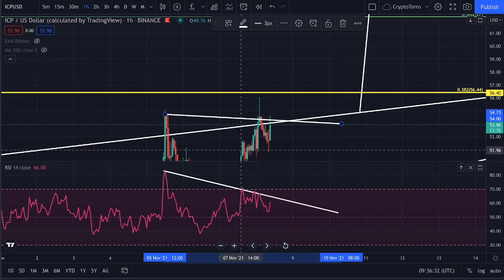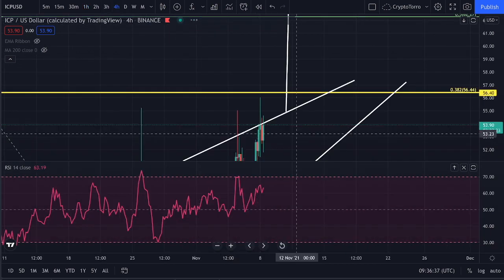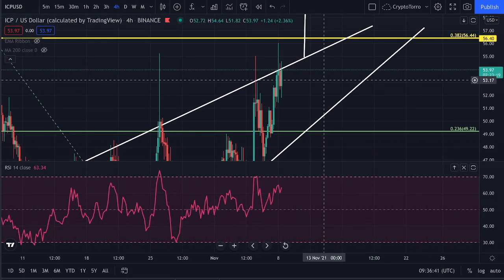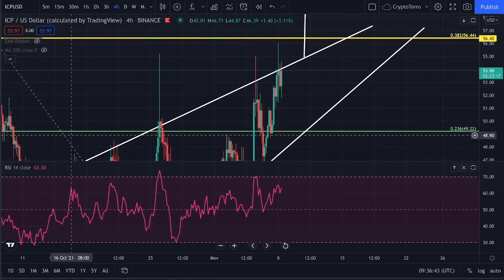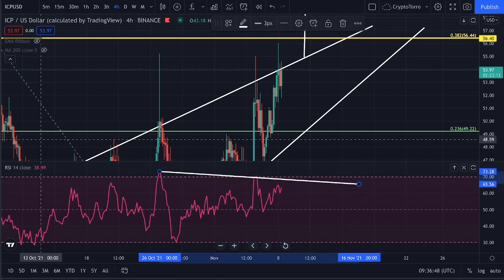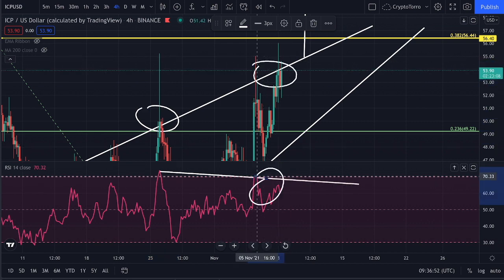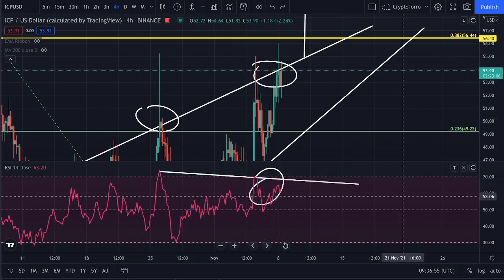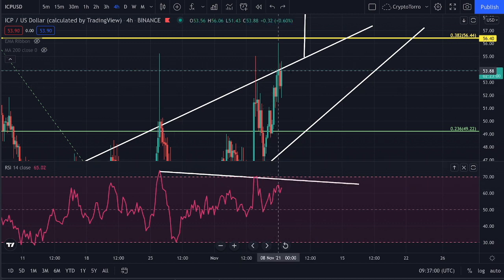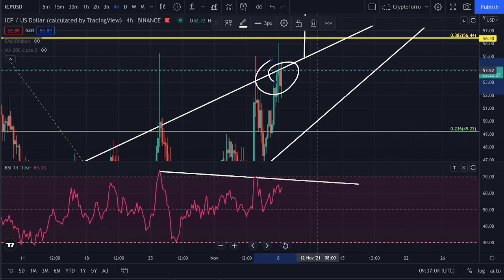Also, I would like to take a look at the RSI on the 4-hourly time frame. What you can clearly see over here is that we are actually seeing a bearish divergence taking place. Why is this so? Because we are clearly seeing a lower high on the RSI, but we are clearly seeing as well a higher high on the chart. Therefore, this is a confirmed bearish divergence, and I personally think this will actually tell us that we are not able to break out above this ascending resistance right now, and that we could perhaps expect momentum towards the downside